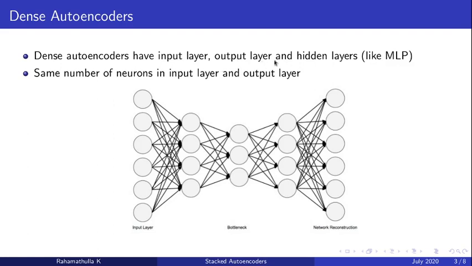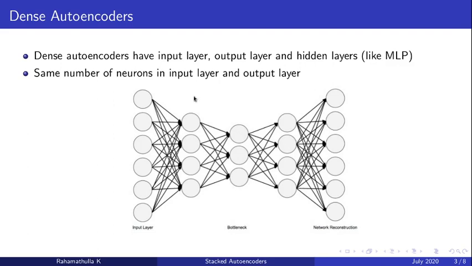So you have an input layer, an output layer, and a set of hidden layers stacked. It's like multi-layer perceptrons. The basic idea is that you will have the same number of neurons at the input layer and the output layer. So it will be a sine clock structure. In the middle you have a bottleneck, where the actual most compressed coding representation will be available, at the innermost hidden layer.